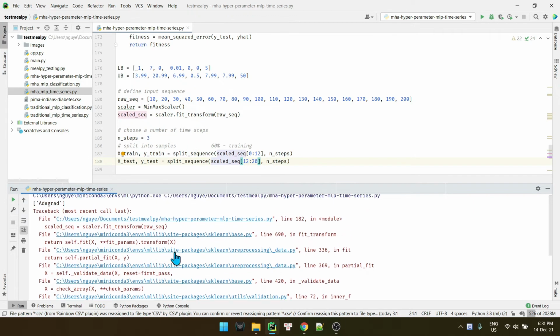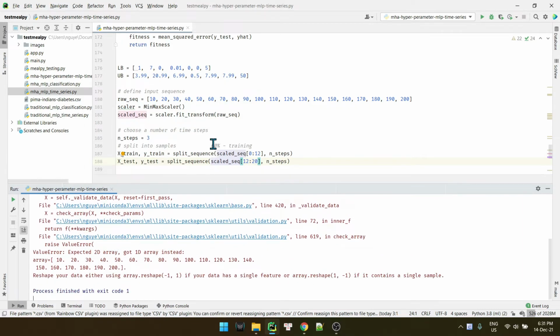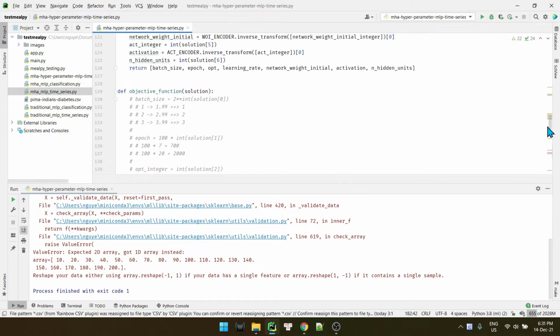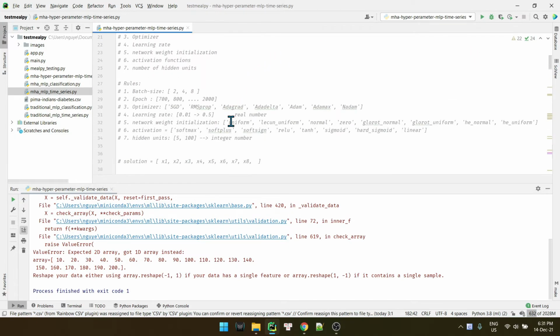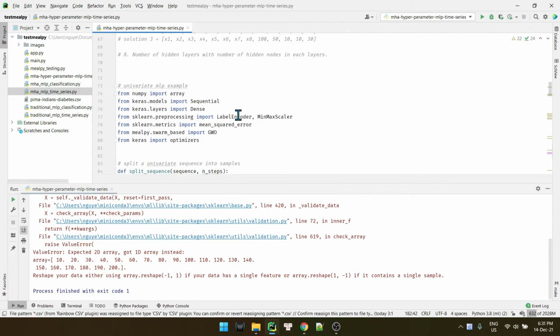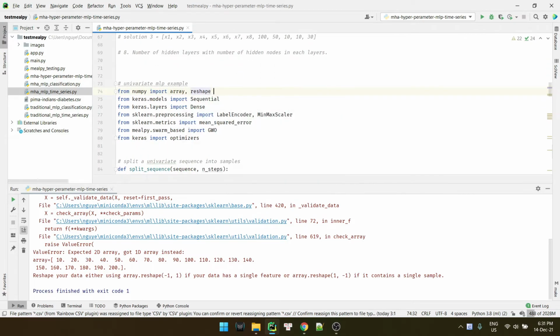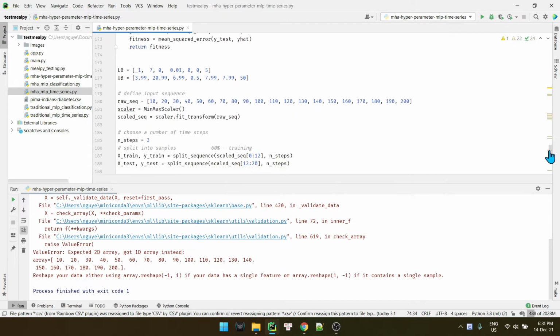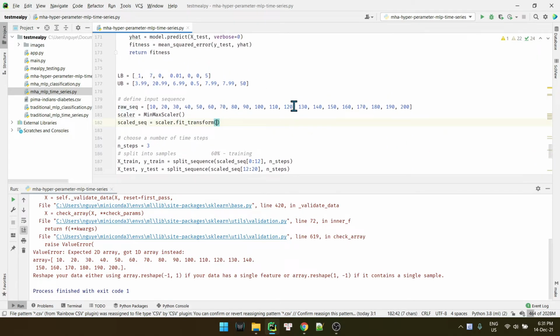Okay, so the error happens because in the fit function here they require a matrix or 2D array, so we need to reshape this sequence. Let's import the reshape function from numpy, and let's reshape this sequence into rows and one column, right?